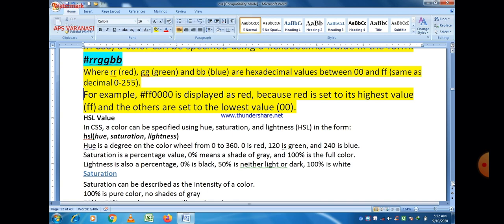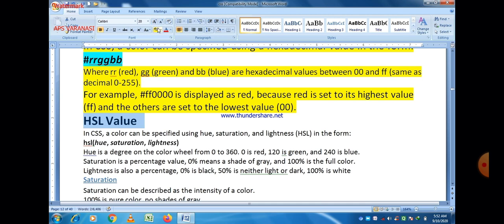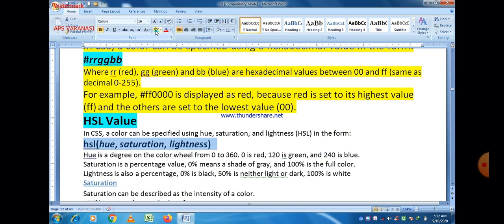You can give digits as well as some characters, because we know that in hexadecimal representation 10 is represented by the character A, 11 by B, 12 by C, 13 by D, 14 by E, and 15 by F.